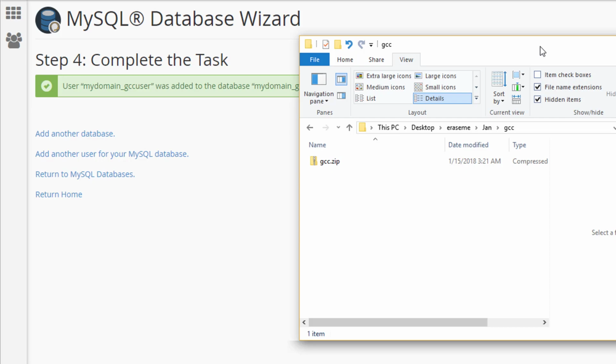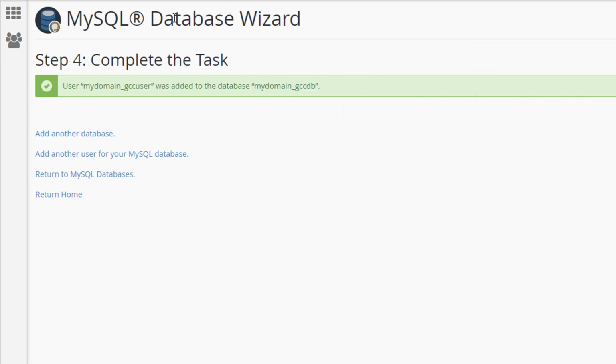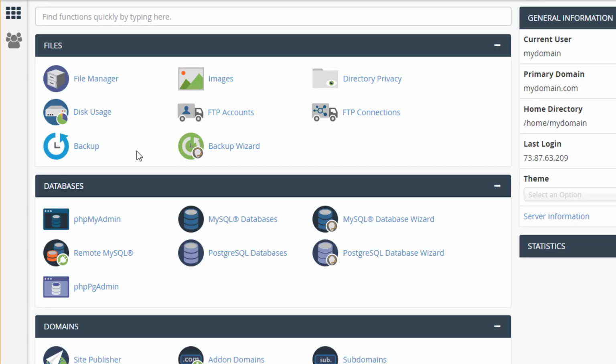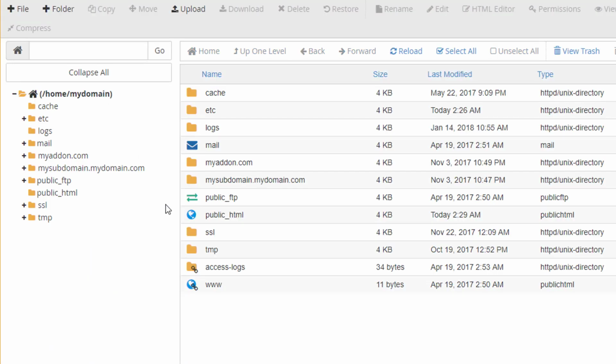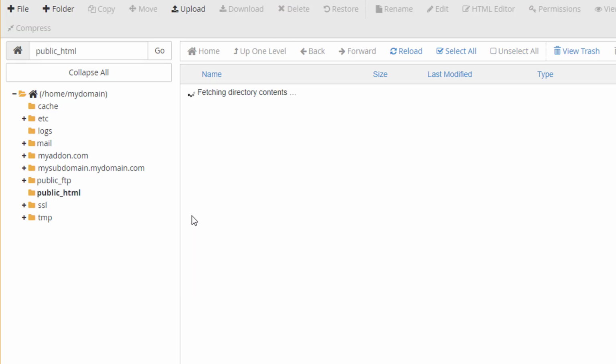So first thing I want to do is grab the GCC zip file, and I've got it in this folder right here. We're going to upload that, and we need to get to the right place. So let me go over here to home, go to my file manager, and let me look for the domain. It's not an add-on domain, because if it was, it would be listed over here like this. It's not a subdomain, so it also would not be listed here. This is my main domain called mydomain.com. So in this case it would be under the public HTML folder,